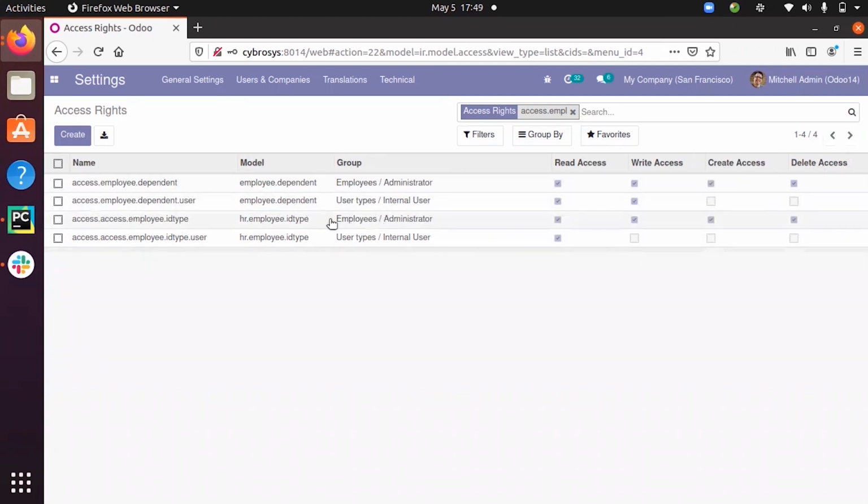And here you can see for this model, for this user group, all permissions are given, but for the normal user group, that is normal users, only read access is given. So now let's edit this by giving write access and create access to this user group. Okay, so it is updated.